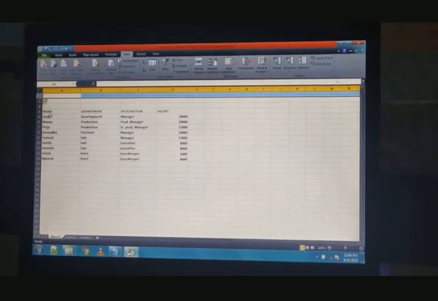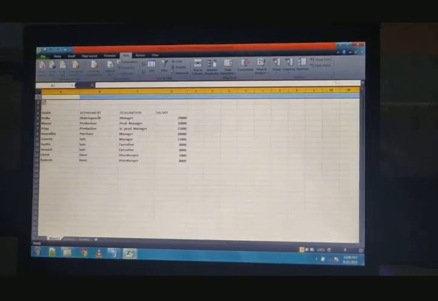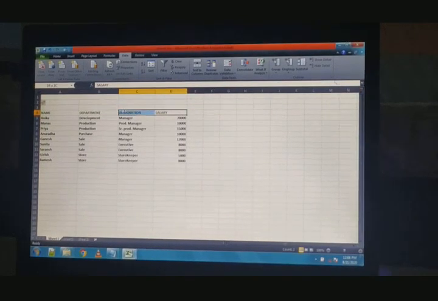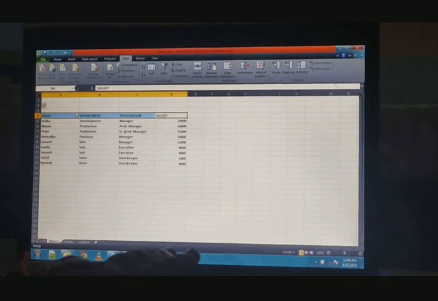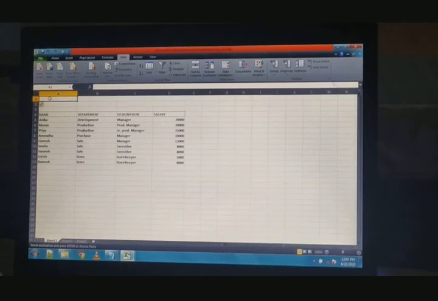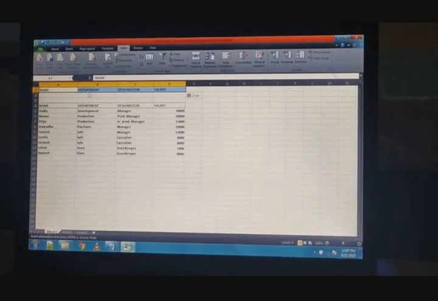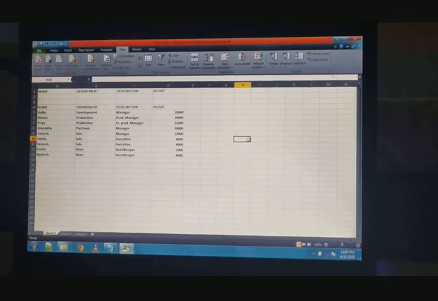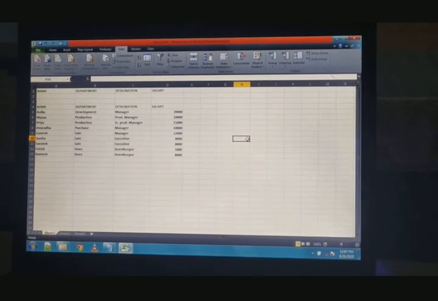Now in the second step, this is our data list, and you have to copy the field names. So we have to select the cells from A4 to D4. We have to copy this label. Press Ctrl C for copying, click on the A1 cell and press Ctrl V. We just copy the field names of the table on the top.